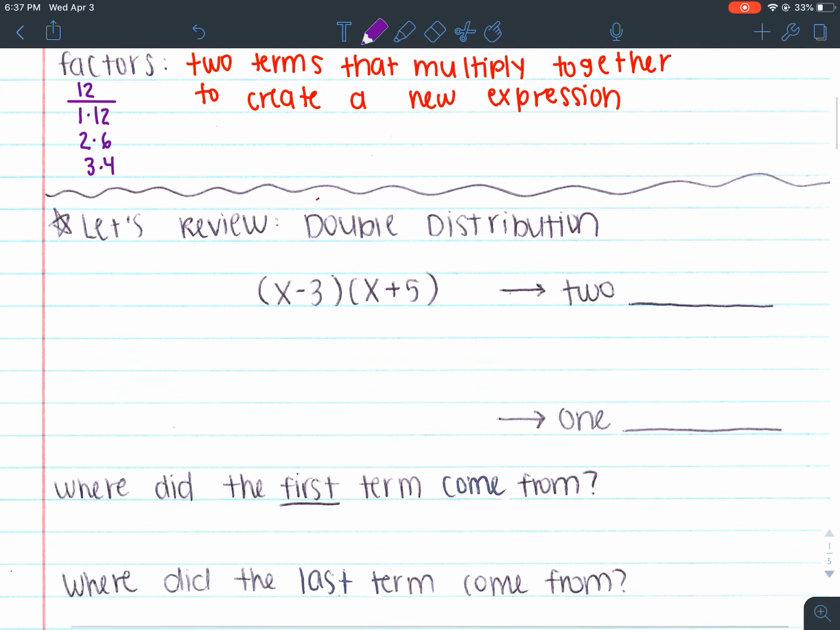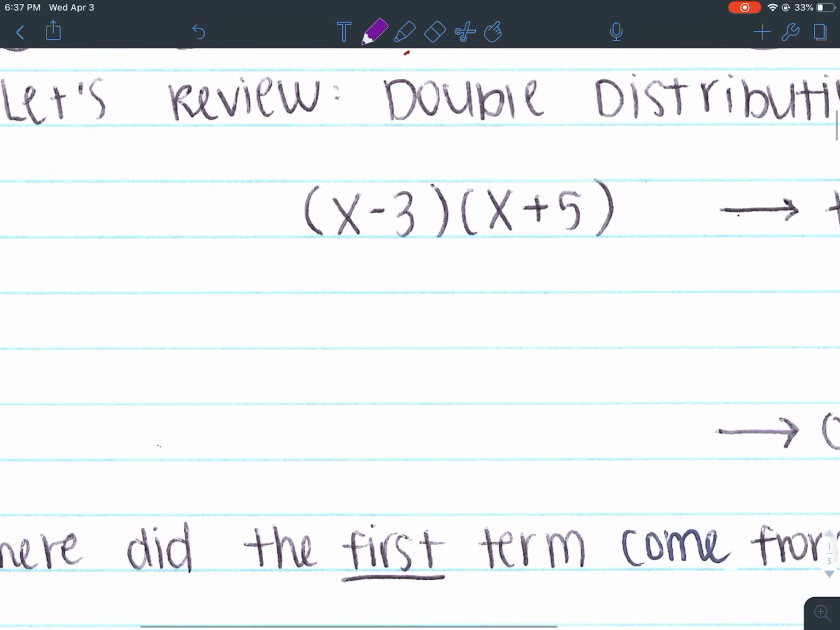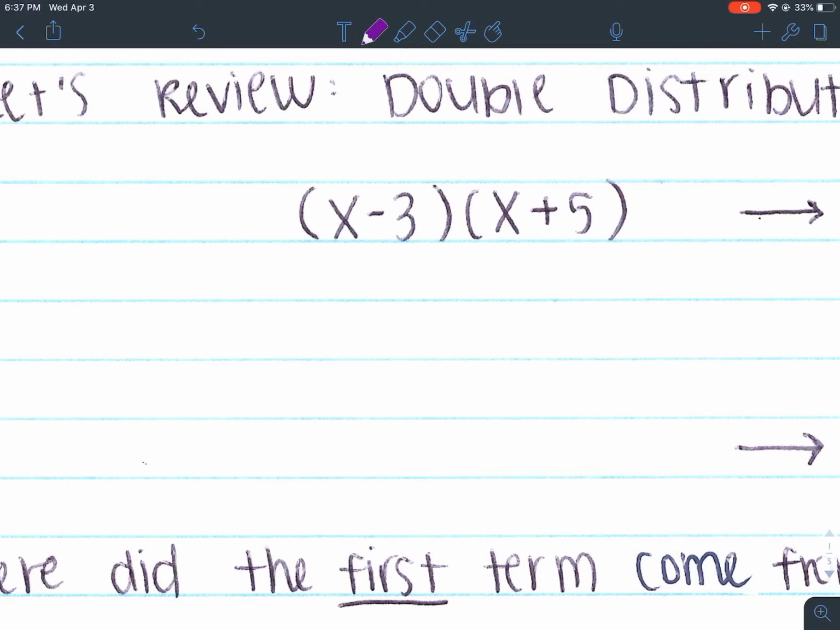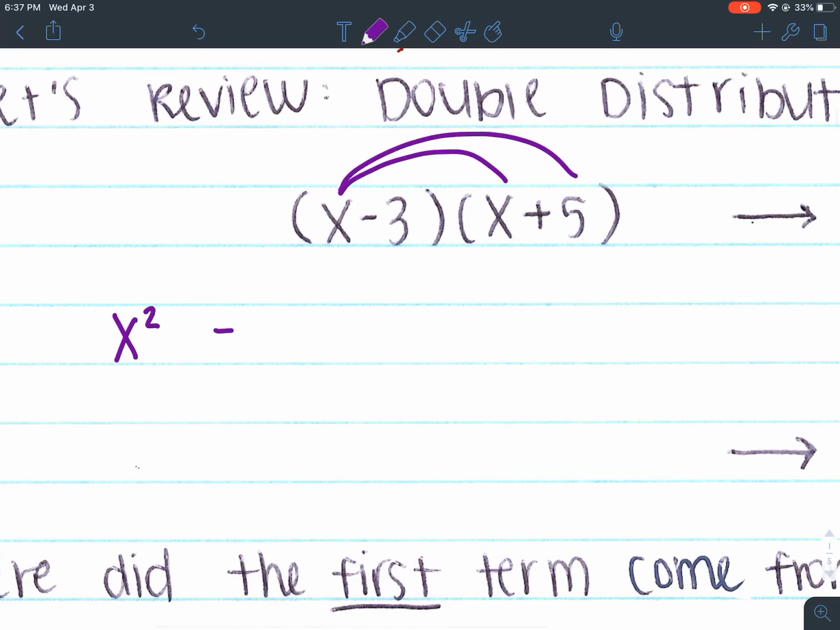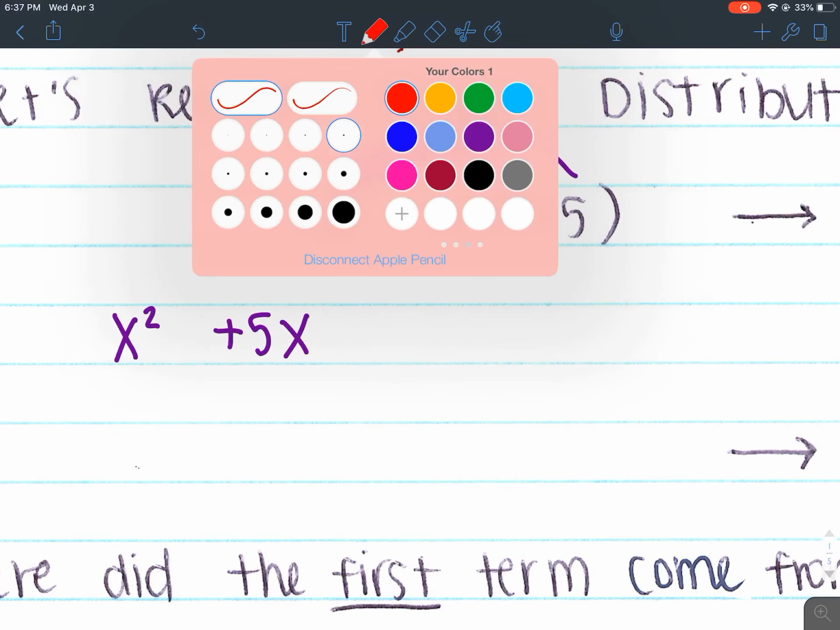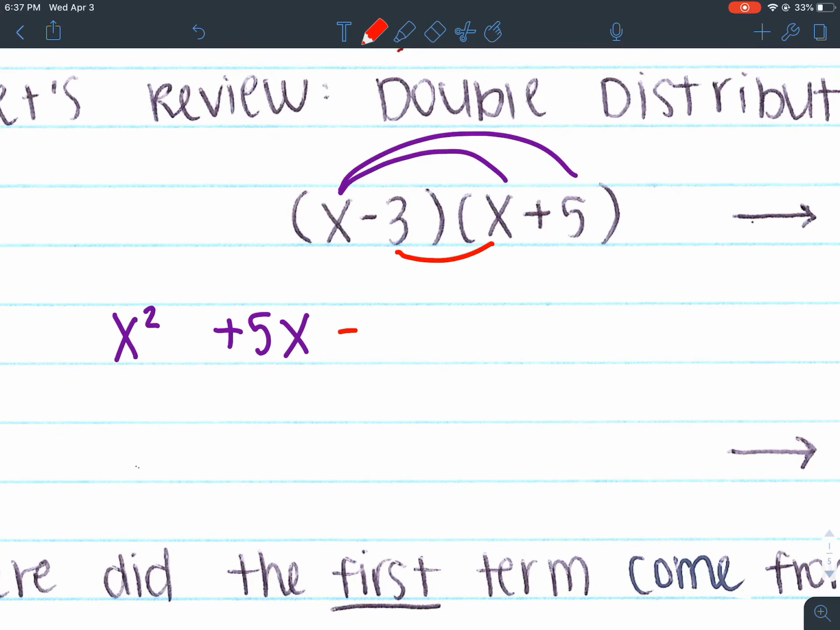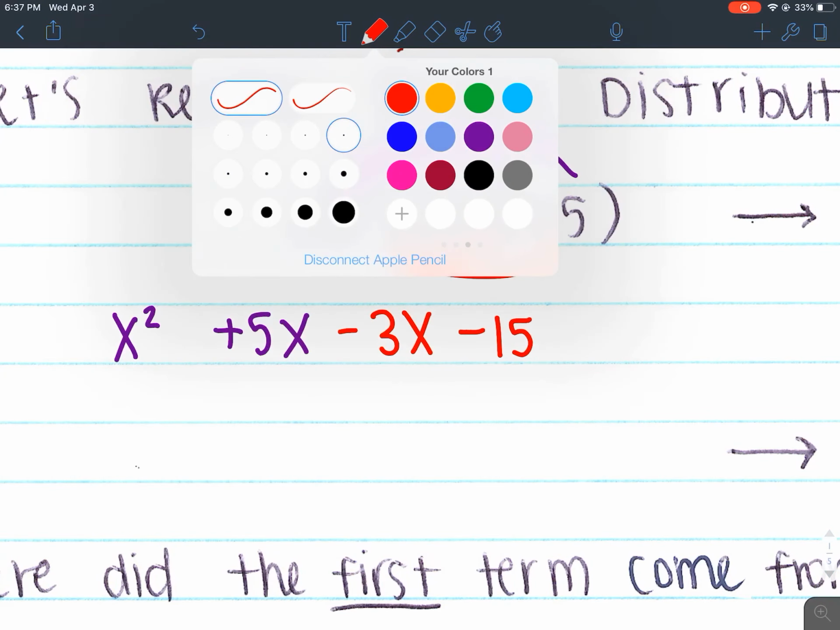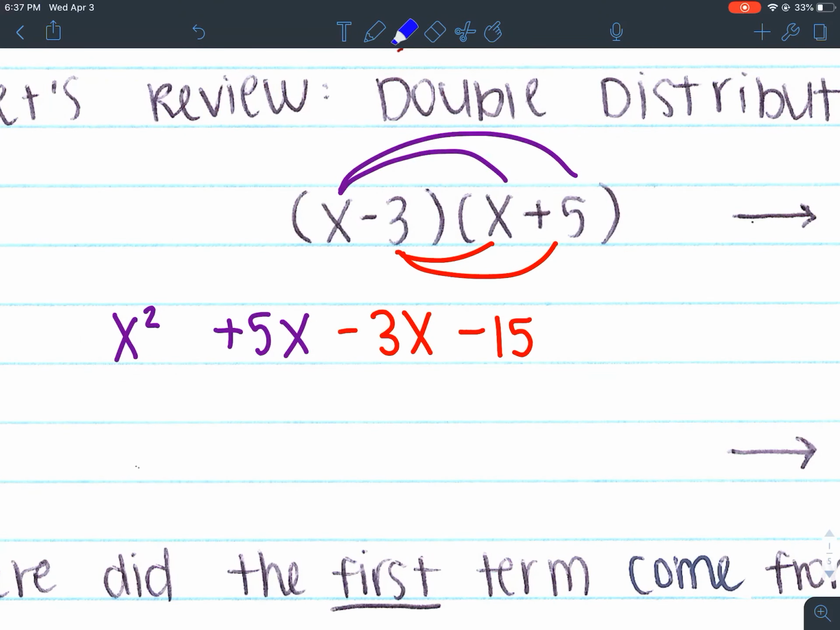So we're going to review some double distribution. Now, we did this in Unit 1, and we've done it a little bit already, so let's go ahead and double distribute. First, I'm going to take x times x, so I have x squared, not 2x. X times x is x times itself twice, so it's x squared. X times positive 5 is plus 5x, and then I have negative 3 times x, which is negative 3x, and negative 3 times 5, which is negative 15. Do I have any like terms? I do. I have plus 5x and minus 3x, so it's going to be